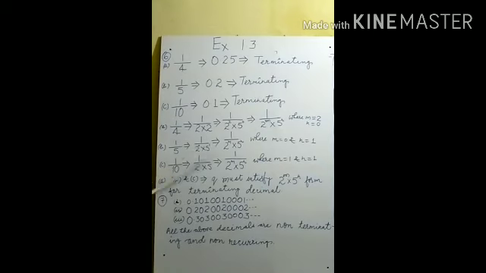Power 1 is not written, but here I have noted down power 1. It is always hidden here. So this can be noted down as 1 upon 2 to the power 0 multiplied by 5 to the power 1. If you simplify it, this will be equal to 1 upon 5. How? 1 upon 2 to the power 0 is 1 and 5 to the power 1 is 5. So 1 upon 1 into 5, that will be 1 upon 5.